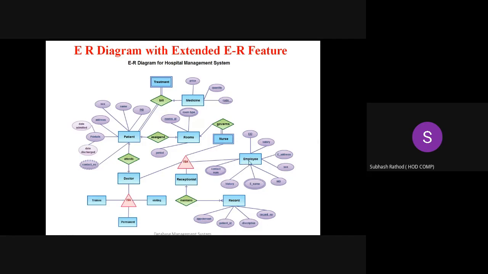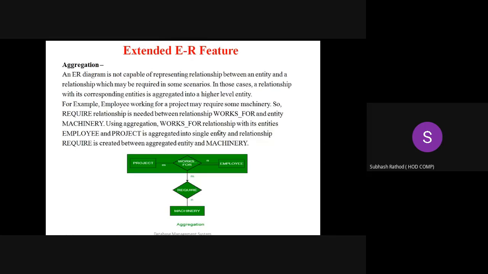Look at me. So employee is the entity. A nurse is also an employee. A doctor is also an employee. So a nurse governs the room. A doctor also governs the room. Is it possible? Yes. So we can show that. Governs and attend. Governs and attend can be associated with the help of aggregate.